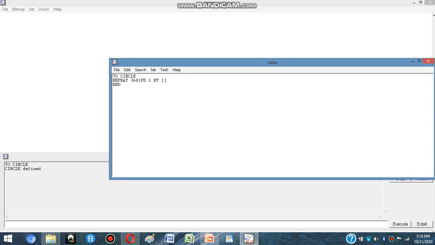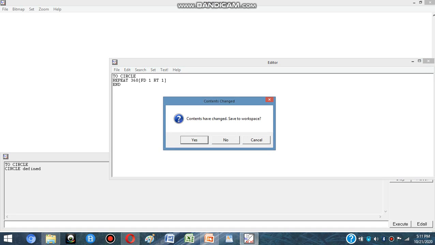It opens an editor which shows me my procedure with name, body and end line: TO circle, repeat 360 FD 1 RT 1, END. And now if I want to change anything, I can change it here and then I can save it. So this is the way to edit the procedure.